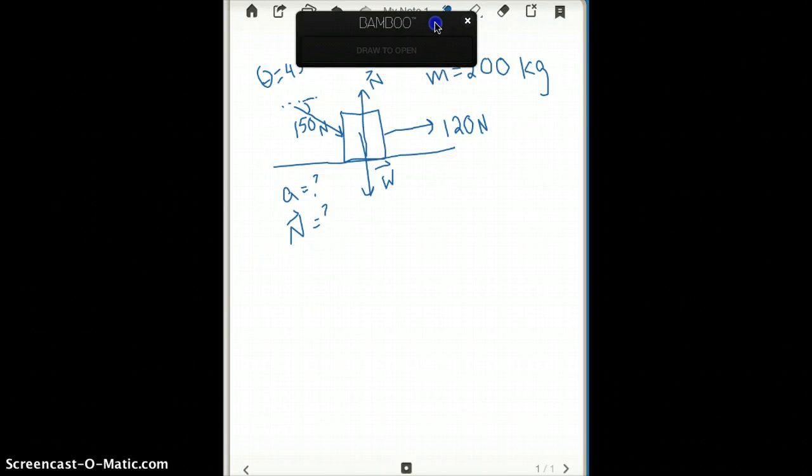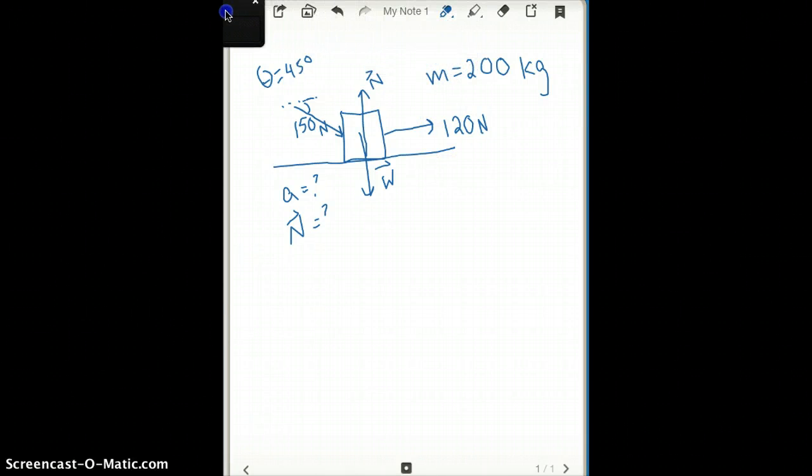Okay, so in this problem, we have Larry pushing a block and Mo pulling the block. So I've drawn the free body diagram. I have 150 newtons 45 degrees below the horizontal, and then Mo is pulling horizontally at 120 newtons. Of course, the block is in contact with the floor, so there is a normal force, and then the weight